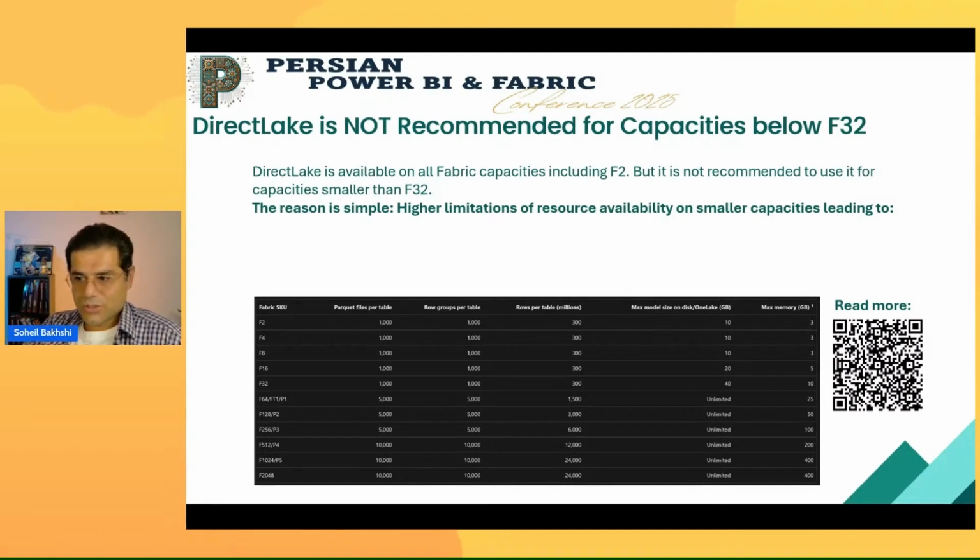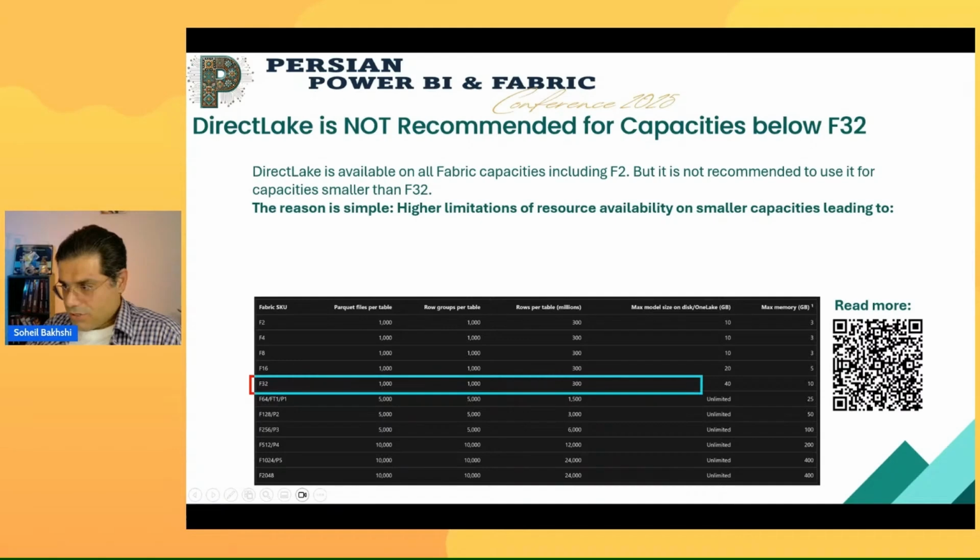I took a screenshot of a Microsoft Learn website, which shows us the availabilities of resources based on the capacities. If we look at an F32 capacity, just look at that one. At the F32 capacity, we get 10 gigabytes of memory, which is not a lot, right?